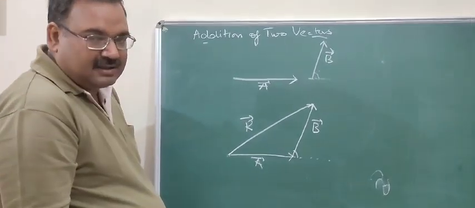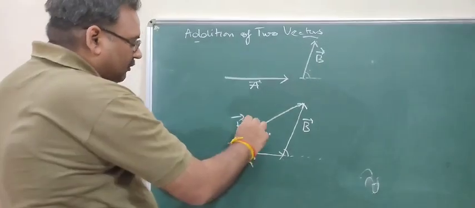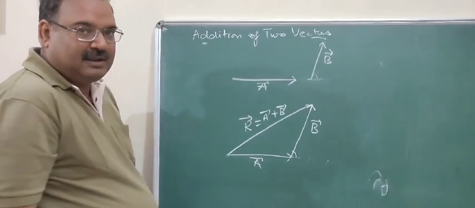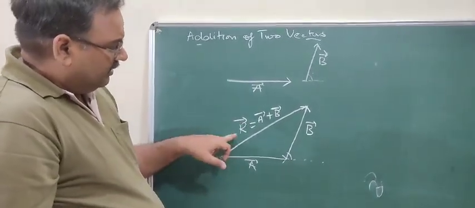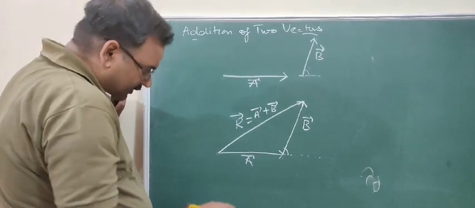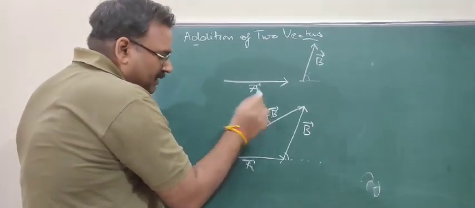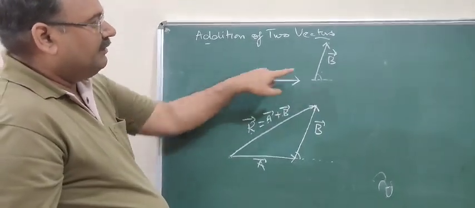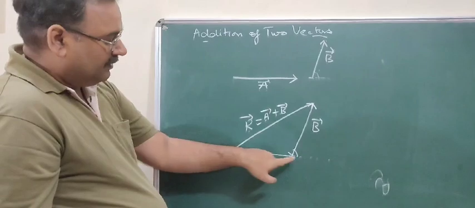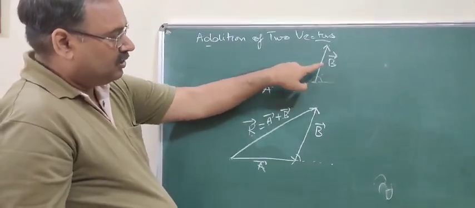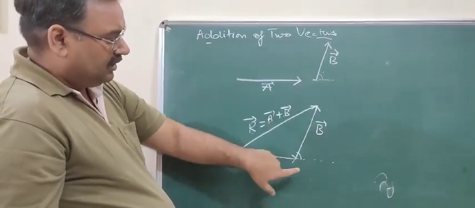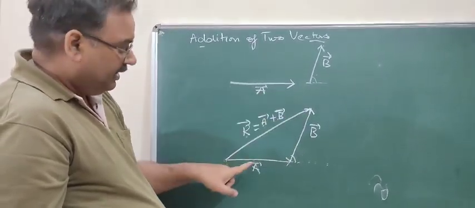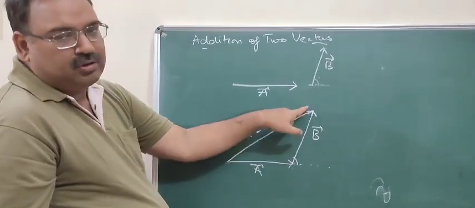R is the resultant vector, which is equal to the sum of vector A plus vector B. Is it clear? So this is the resultant vector R which represents A plus B. Again I am telling you, we have got two vectors, vector A and vector B. First we made a vector A, then the angle that vector B makes with the horizontal and its magnitude, at the final point of A we made vector B at the same angle. We joined the initial point of A and the final point of B.